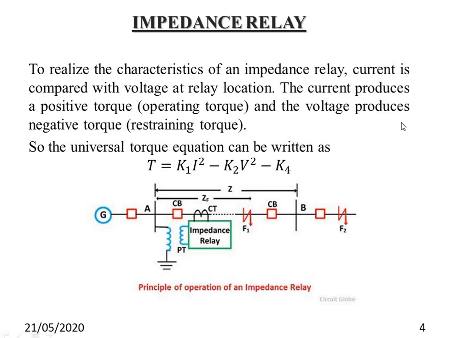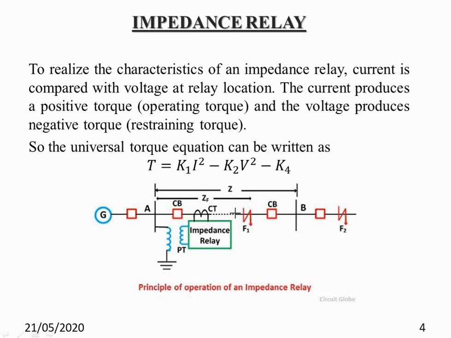I have told you previously the impedance relay will check the impedance, which is proportional to the length of the line. How will this occur? See, here a generator G is connected, then a circuit breaker, then the bus bar, then a circuit breaker. There is a potential transformer with the bus bar, and the impedance relay is connected like this. There is a current coil as well as a potential or voltage coil, because the voltage coil will measure the voltage and the current coil will measure the current. For the impedance relay both coils are needed, because it will check the impedance, that is voltage by current.